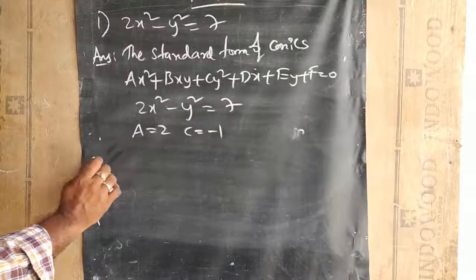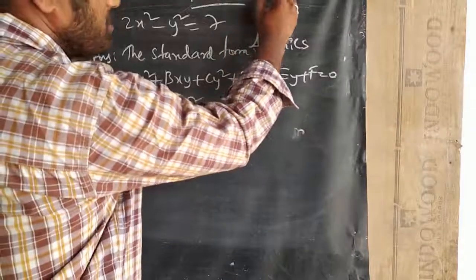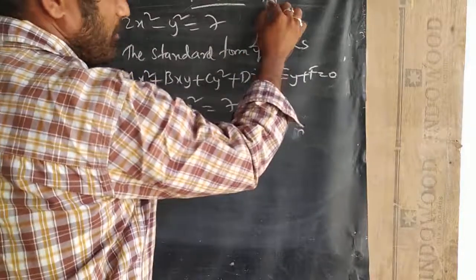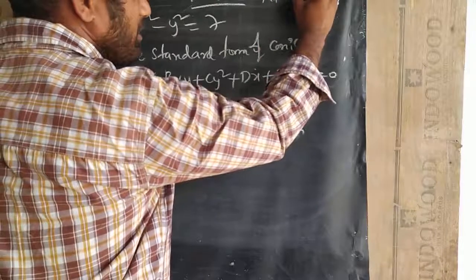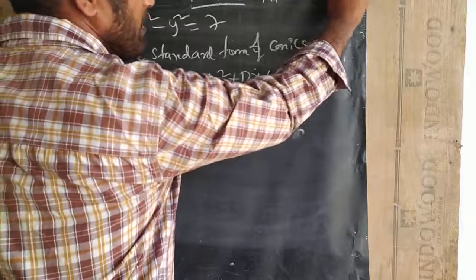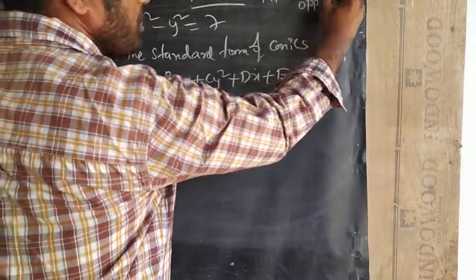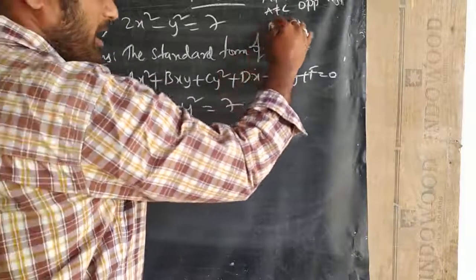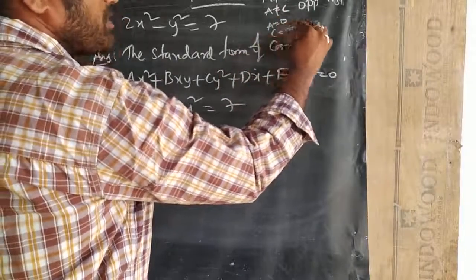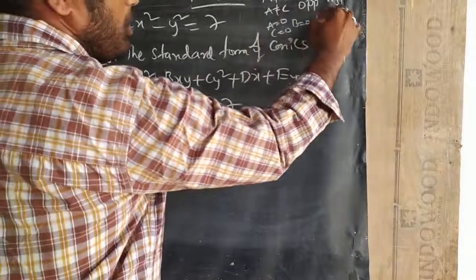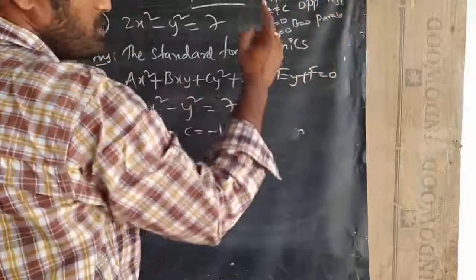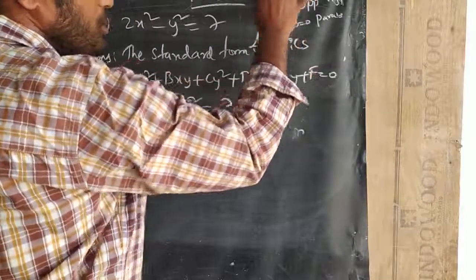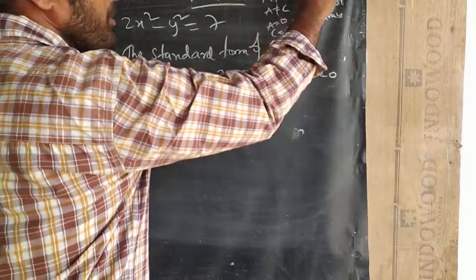So as we have the conditions, let me write here the conditions. A and c both are not equal. If they are having the same sign, you call it an ellipse. If they are having the opposite sign, you call it a hyperbola. So this is about a and c. If a is 0 or c is 0, it doesn't matter. If b is 0, then you have to call it a parabola. So what is the condition for circle I have said? A and c both should be equal to 1 and b must be 0. Then it is going to form a circle.